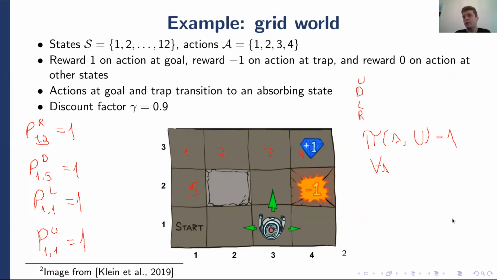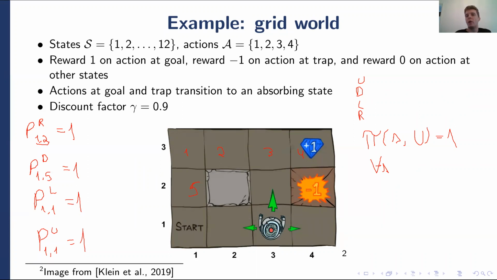Now, is this a good policy? No, it's not a good policy, of course, for this game. How could we represent the optimal policy? Well, one potential optimal policy would be the policy that when it's in the state, it goes up with probability 1 from this state. It goes right with probability 1, right with probability 1, right with probability 1. That's one way to represent an optimal policy for this environment, okay?